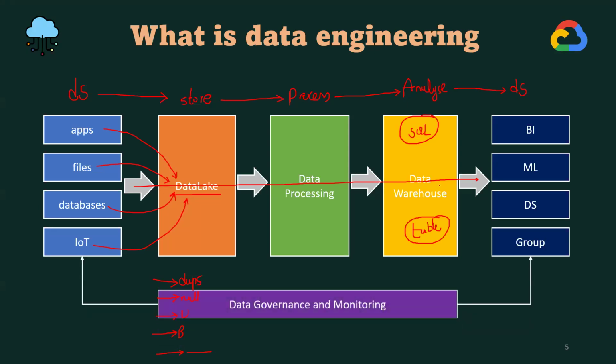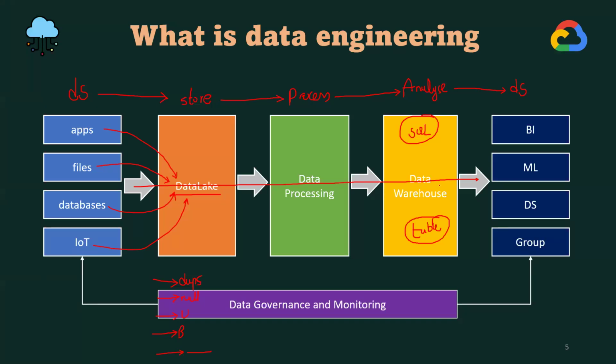Whenever the data is moving from one platform to another platform, we will also ensure that the data is governed. That is nothing but it is accurate and complete and properly monitored. So when it comes to data access and data control, data audit, data accuracy, all of these things are properly taken care of in the data governance and monitoring. So that is also something a few of the data engineers will work on, making sure that your data is accurate and complete throughout the entire platform.